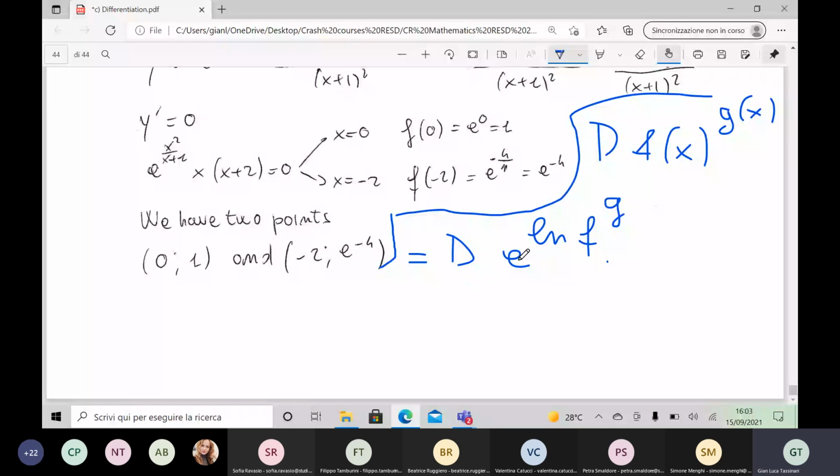From the property of the logarithm and the exponential, e to the logarithm of Pippo is equal to Pippo, and here is Pippo, okay? So equal to the derivative of e to the power ln of f, but g is the exponent of the argument. You can write it in front of g. So you have e to the power g times